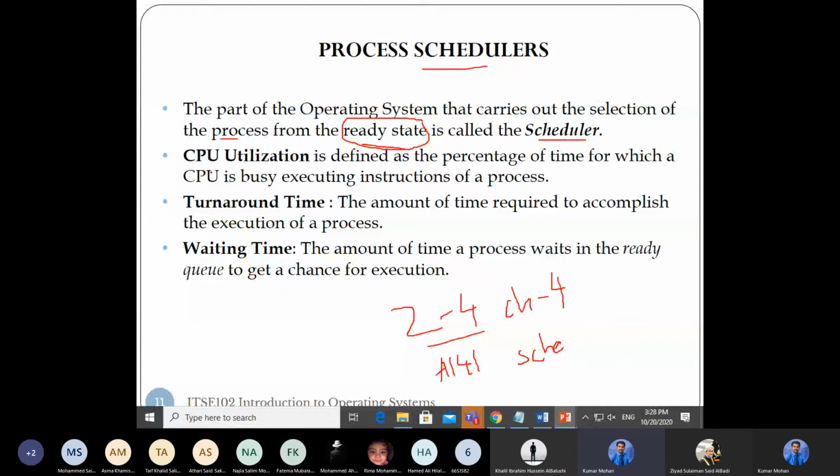So when you are doing this, you have to know what is CPU utilization, what is turnaround time, what is waiting time. All these things you will study in the next chapter also.